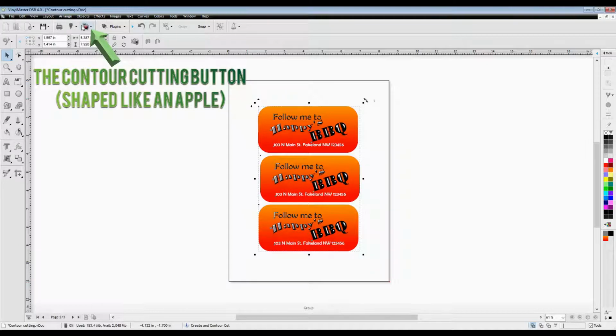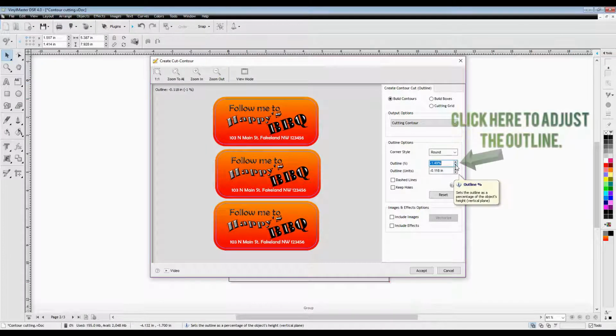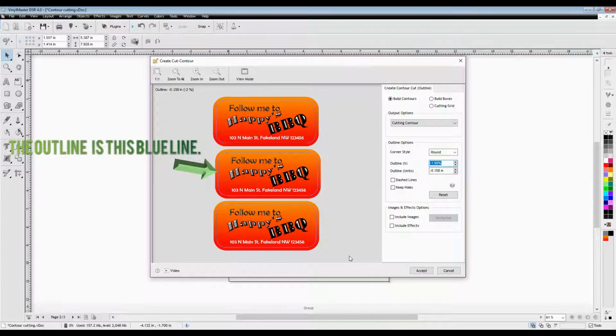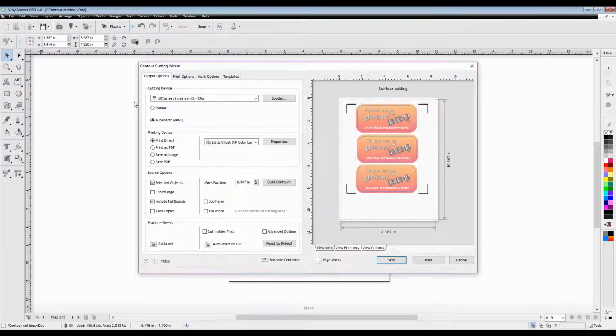It's going to give you two options. The first one we want to select is the Create a Contour Cut. Once you're inside the Create a Contour Cut window, you will be presented with quite a few options. Because this is a basic design, I don't really have to change much other than the location of the outline. As you can tell, I designed it to bleed all the way to the edge a little bit so that I'll have color all the way to the edge of my sticker, so I brought the outline in a little bit. Once we're happy with that, we'll click accept